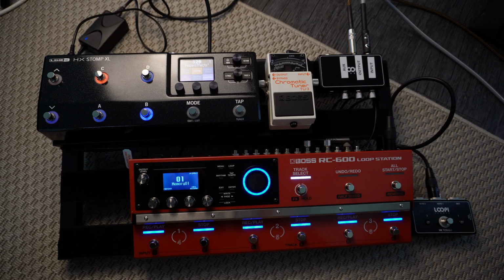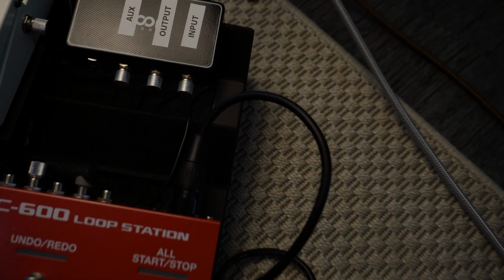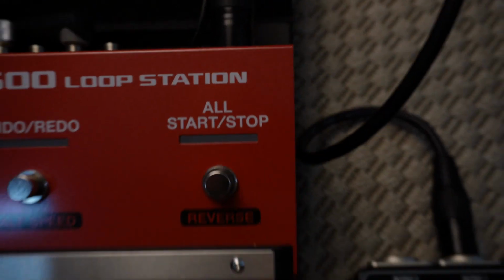The HX Stomp XL for me was perfect because it had a really good foundation there, and I found myself adding to that with this sound. So as you can see on here, the effects I've got on one patch, and I use this as a stomp box when I play live to pull in all of these effects in and out, plus other ones that I can use. On the other side, the left side, you can see a mic toggle, loop pedals mic toggle,